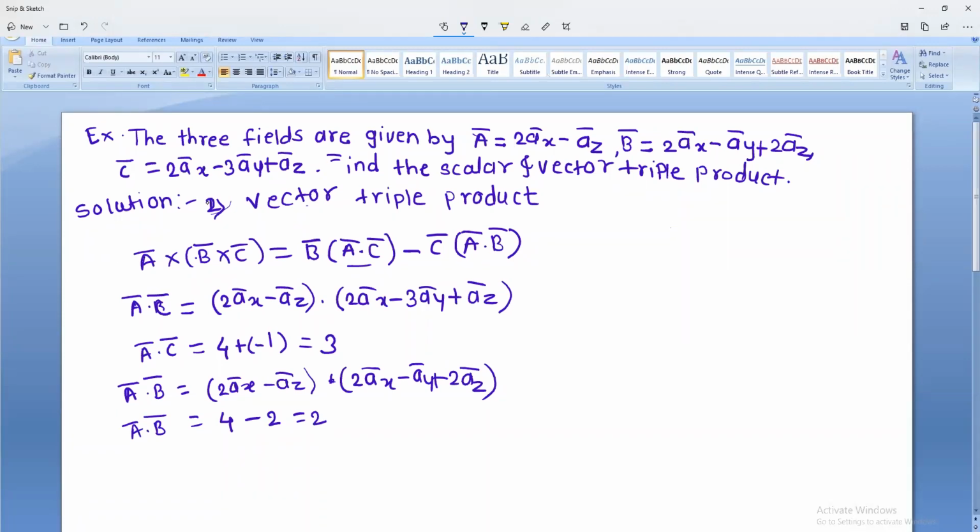Okay. Now just put this in the equation of a bar cross b bar cross c bar is equal to. Now what is vector b bar? b bar is equal to 2a bar x minus a bar y plus 2a bar z into,